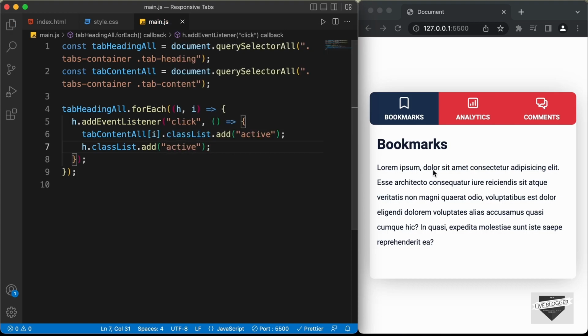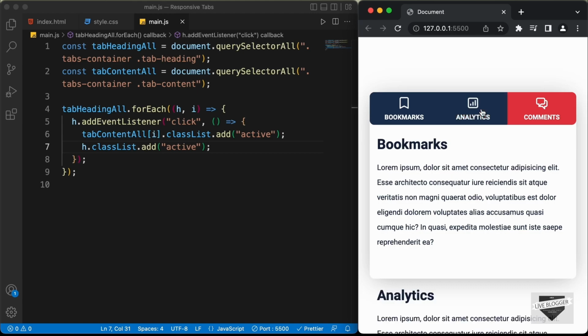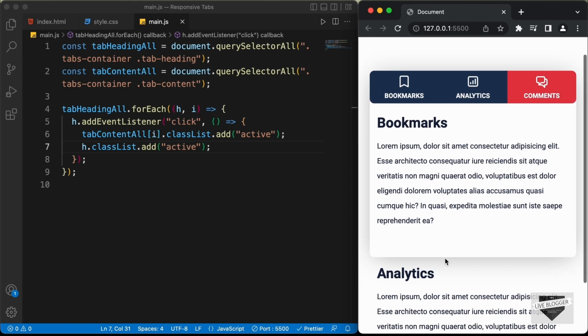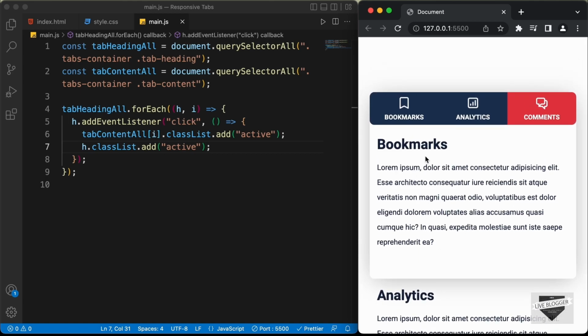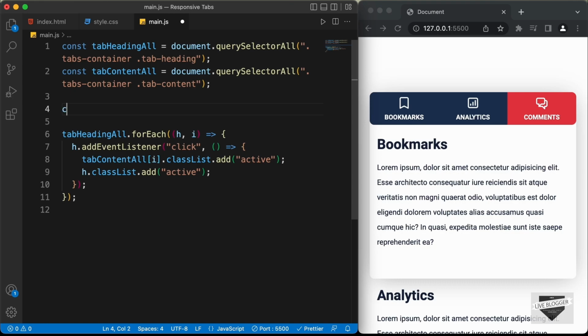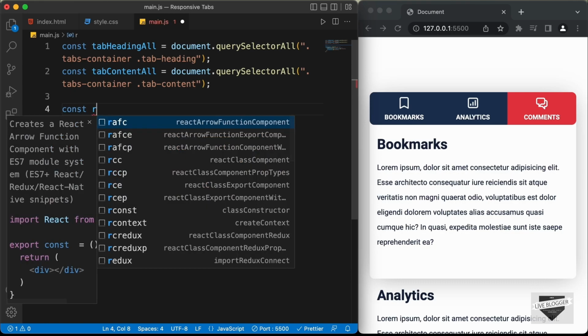Right, now let's test it out, so let's click on the second heading, and we can see that the second heading is active and we have the second content displayed over here, but we can see that it is displayed below the first content, and we also have the first heading active over here, so we need to reset the active state of the previous headings and content. So let's create a function for that. I'll just call it removeAllActive,